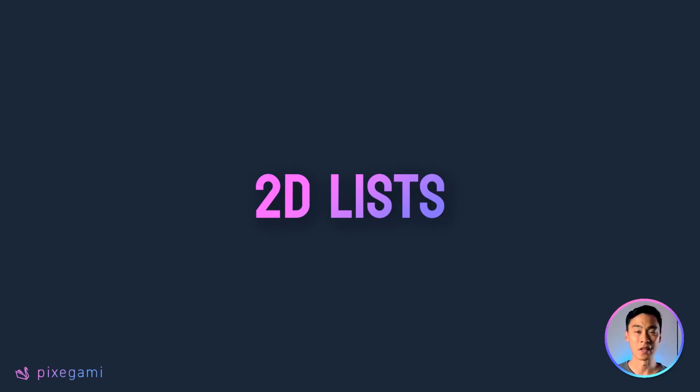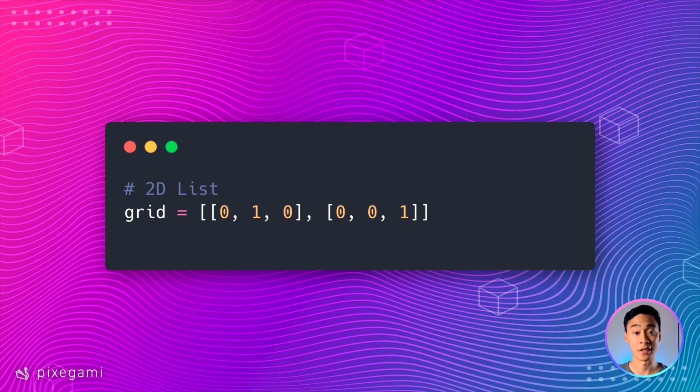You can even have a list within a list. So this is the case where each element inside your list is itself a list. This is common for when you want to deal with data in 2 or more dimensions. And in Python and in computer science in general, we refer to this concept as a 2D list or a 2D array.